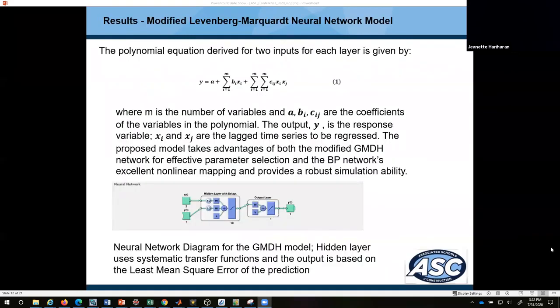And then a polynomial equation is derived for each of the building and cost construction indices. And these are based on the past components for X and I, and then the multivariate analysis of both of those joined together. A, B, and C are weights or coefficients, and the output Y is the response of the system, or in our case, it would be either BCI or CCI.